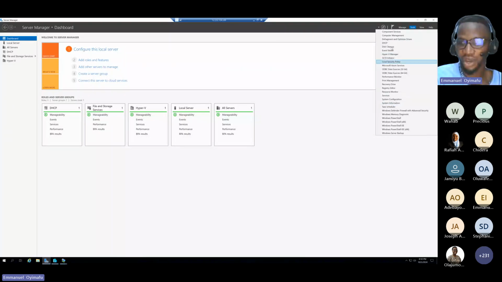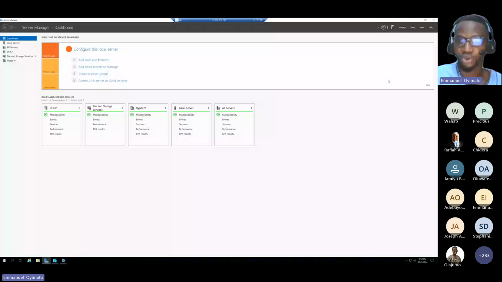So among all the tools I have here, now I have DHCP, because I added the DHCP role. It's DHCP that's actually issuing IPs to the VMs on Hyper-V. So I have different roles here. The role I added was the Hyper-V role. So if you want to add the Hyper-V role and you want to do it from the GUI,